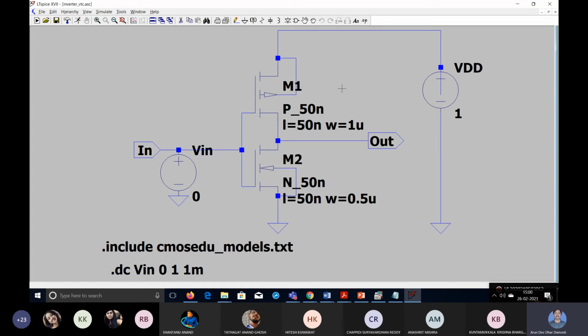So the importance is that when we have to design so many higher level circuits, drawing this circuit every time is not required. If we make a symbol for this, it will be much easier to take that symbol every time, and automatically that symbol will incorporate all these things which are here, and it will be used in the high level circuit design, and it will simulate. So these are a few points which I wanted to explain now.